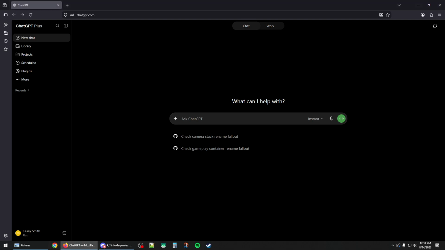How to edit photos with ChatGPT. So first you want to open up your browser and navigate to chatgpt.com and make sure you're signed into your account. Now all you need to do is start a new chat session, and then you want to click on